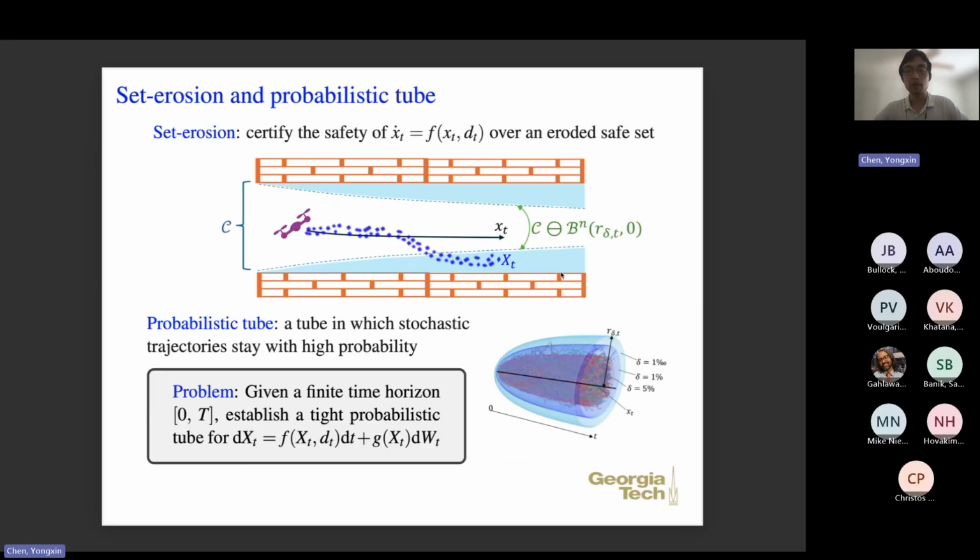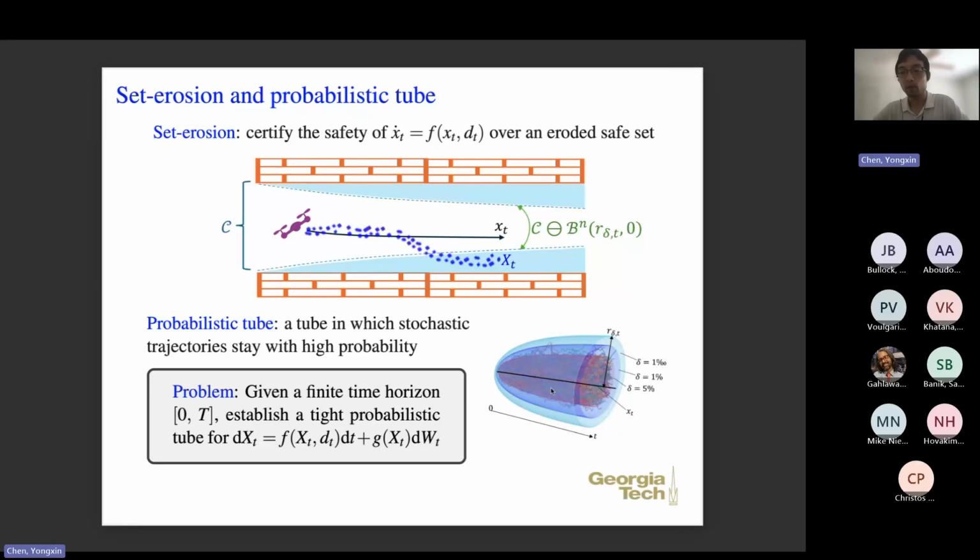So let's take a quick look at what we did. We use what we call the separation strategy. Basically, again, what we want is to reduce the stochastic problem into a deterministic problem. And as we discussed earlier, the stochastic trajectory is going to fluctuate around the deterministic trajectory. If we can quantify this distance on the trajectory level, so now we want to